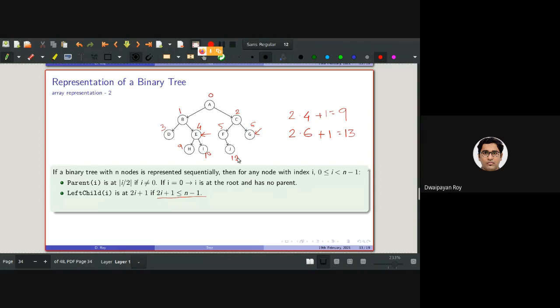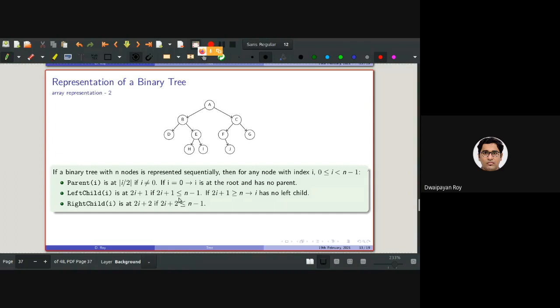The number of nodes is actually 10, but we are considering 15. So if this condition is not satisfied, that means the left child of this node will be an empty node or a null node, or an empty child or empty subtree, whatever name you prefer to call it. So it has no left child, as I have discussed here.